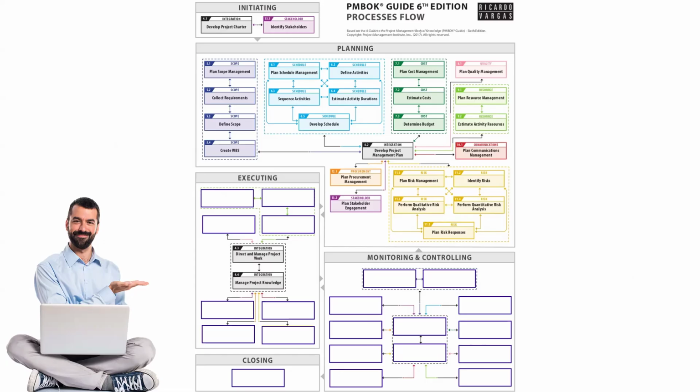Okay. Right. So in execution, we have two processes of integration. One is responsible for overall execution of the project, direct and manage project work, and the other is responsible for collecting all the knowledge gained during the process of execution and putting it together. Apart from these two processes, we have just 8 more processes, but